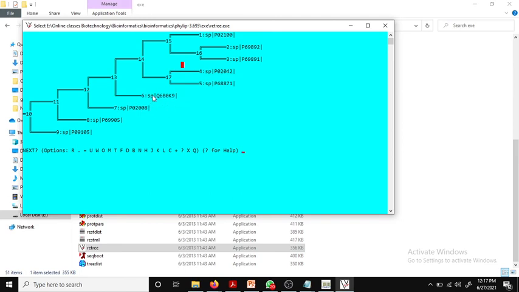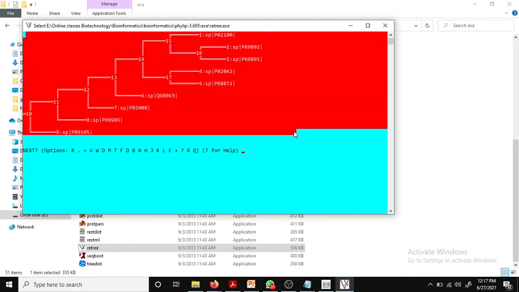Suppose this is sequence 6, and the sequence more relatively related to it is sequence 14. Again that sequence evolved, and because of some variations, two sequences were generated, and out of this single sequence 3 sequences have been generated. Again this is evolutionary. So this is how we construct the phylogenetic tree.